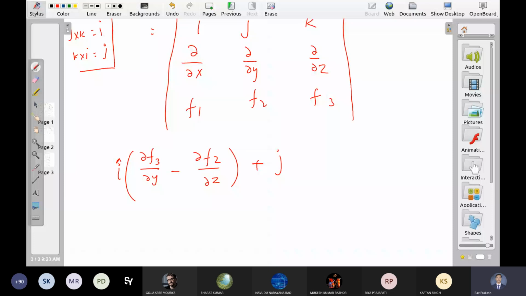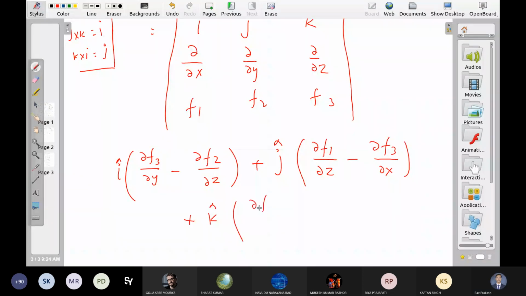Del f1 upon del z minus... sorry... k cap: del f2 upon del x minus...